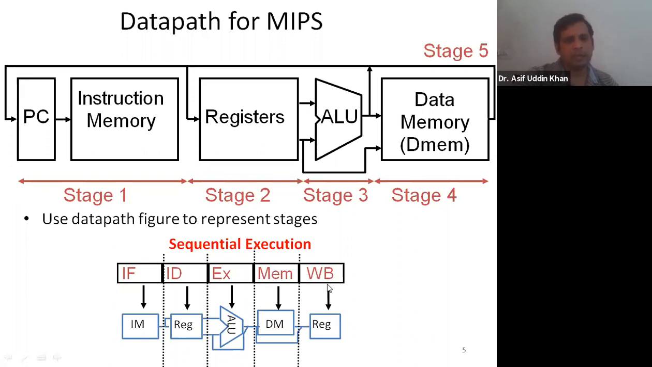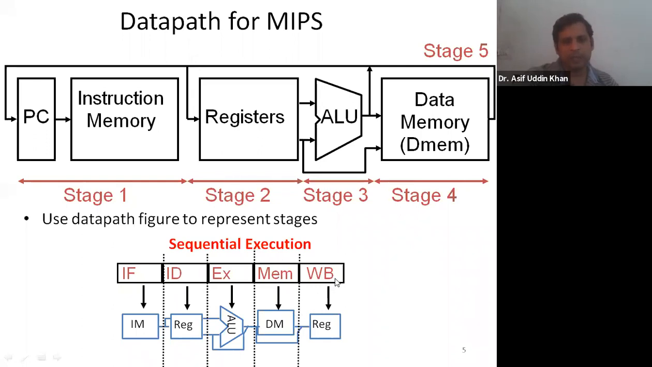Okay. And in the last stage, we use register for writing. So register is used in two stages: in the second stage, that is the ID stage, and in the WB stage. So there are total 5 stages. This is stage 1, stage 2, stage 3, stage 4, and stage 5. So register is used in stage 2, that is the ID stage, and stage 5, that is the WB